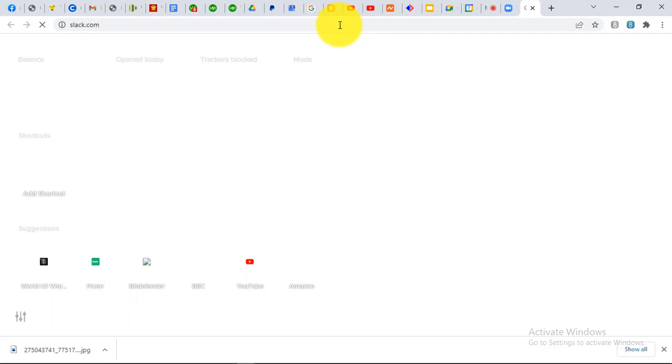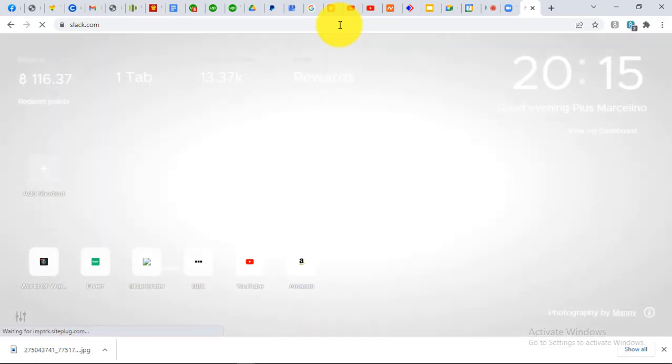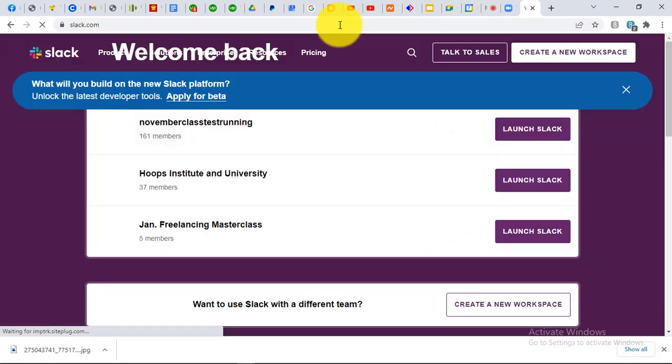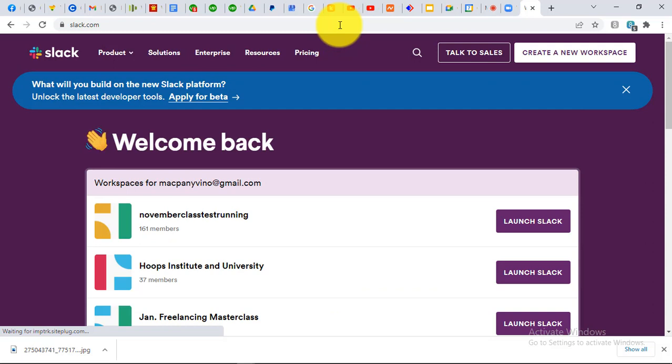So first and foremost, what is Slack? Slack is basically a communication and collaboration tool for small businesses, medium businesses, and of course large enterprises. It basically takes the place of the old-fashioned email system between staff or colleagues in the same organizations. Prior to this time, before the advent of Slack, when staff of the same organization wanted to communicate with themselves,